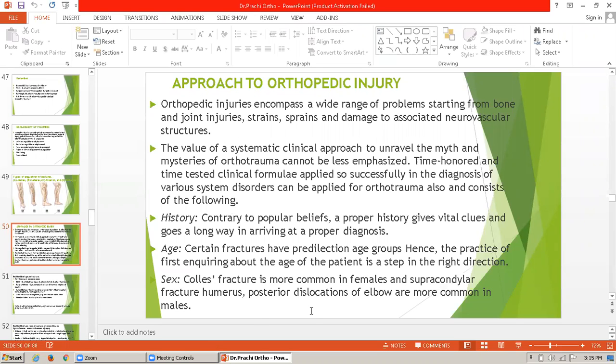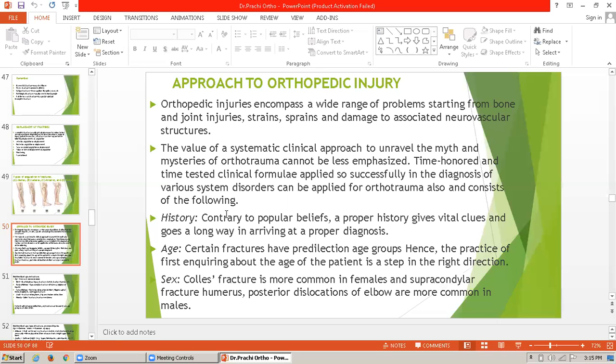So, the value of a systematic clinical approach to unravel the mysteries: the time-honored and time-tested clinical formulae applied so successfully in the diagnosis of various system disorders can be applied for orthotrauma also, and